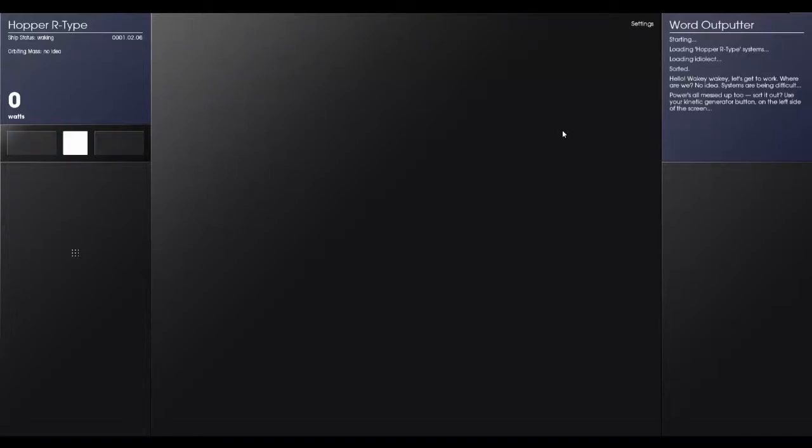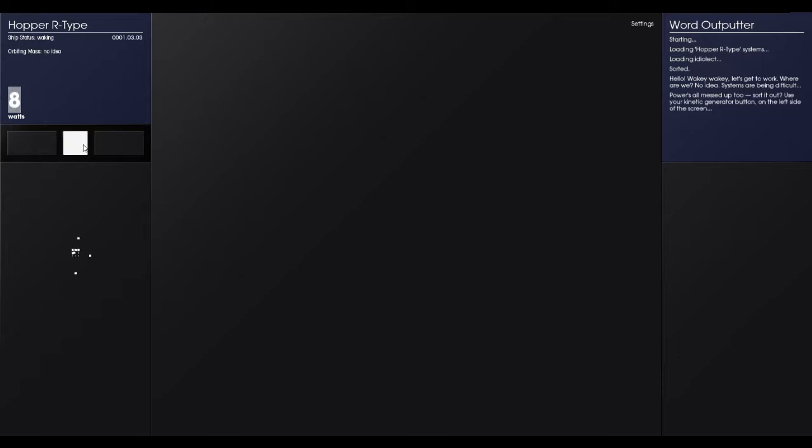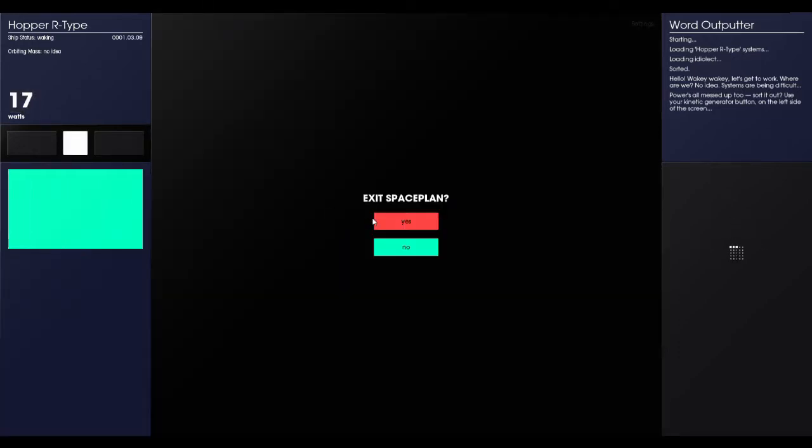Hello everyone, and welcome to a clicker game called Spaceplan. Now this game I have heard is very similar to Cookie Clicker. Basically it's a clicker game. If you've never seen these before, you basically start by clicking, and you're gonna gain watts, and that...